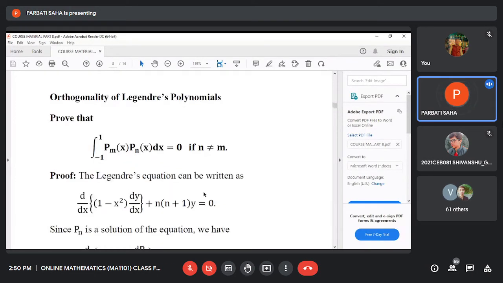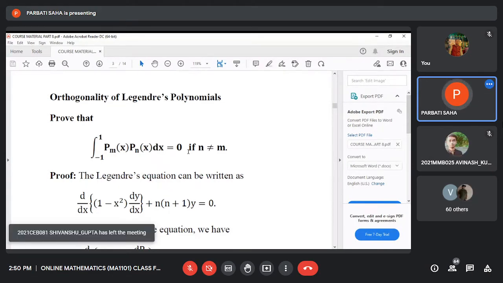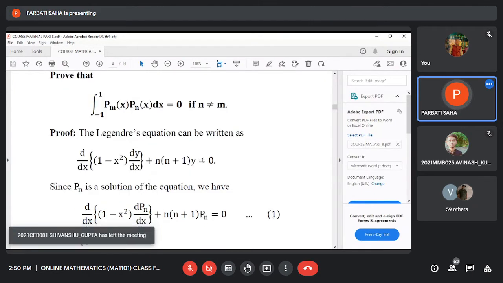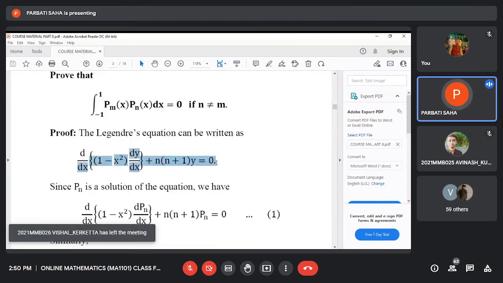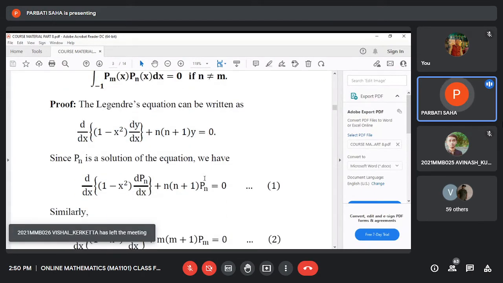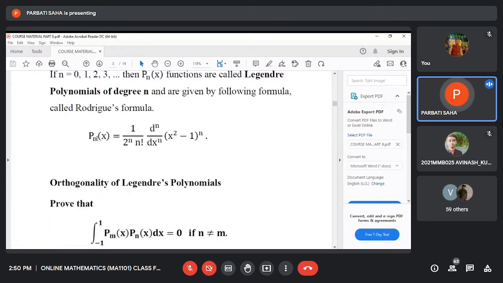Okay. Now you see, orthogonality of Legendre's polynomial: if m is not equal to n, then this product equals 0, that is, the integral from minus 1 to plus 1 of Pm(x) Pn(x) dx equals 0. We first write down Legendre's equation in this form, and now you know Pn(x) is a solution of